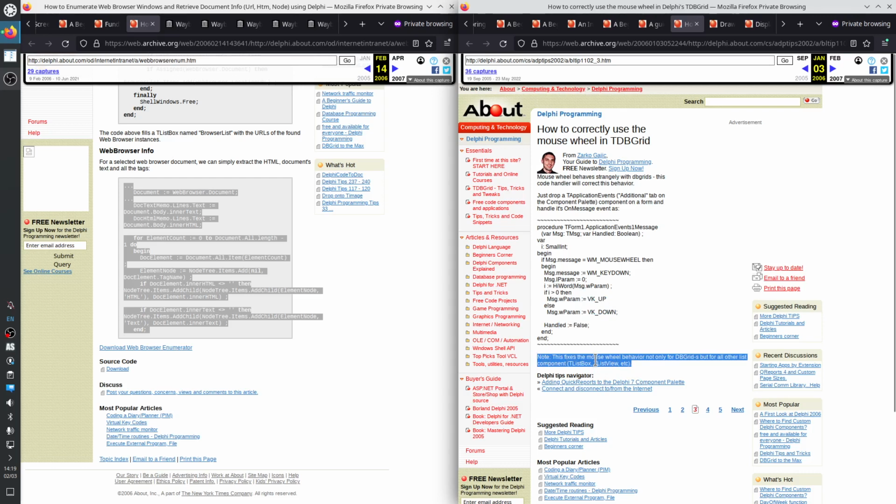Fixes the mouse wheel behavior for DB grids, TListBox, TListView, etc. Interesting nuggets.